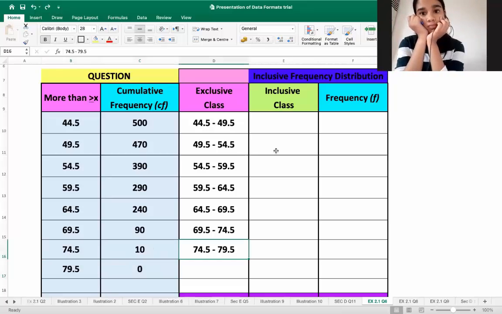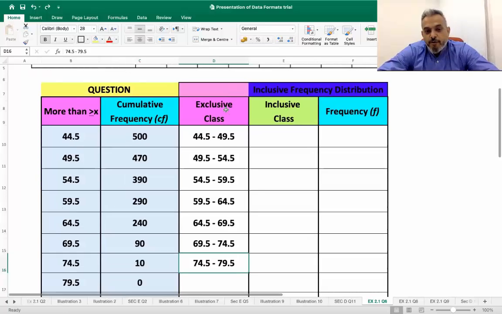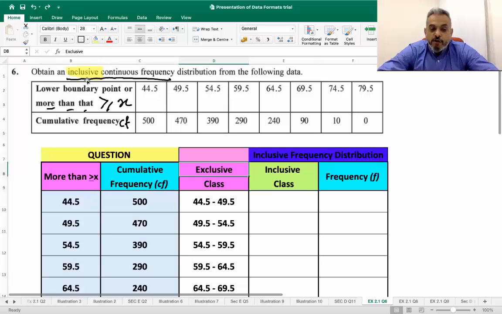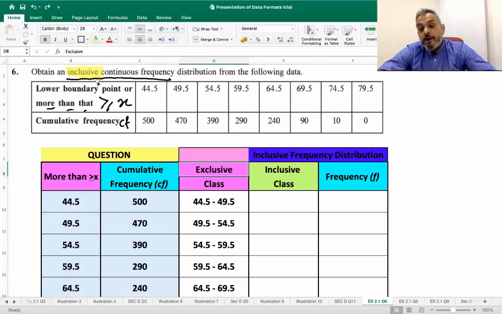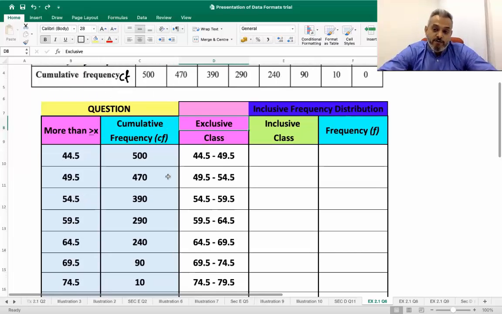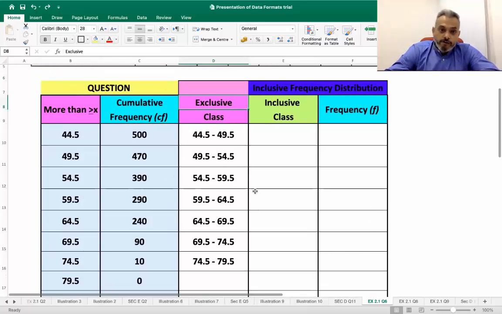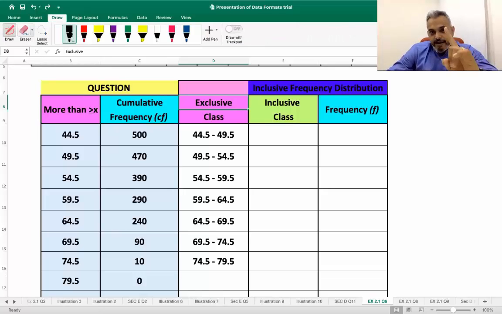Now, here what we have found is exclusive, but the question says you obtain an inclusive frequency distribution. So my dear students, let's take one of the classes and do it. Once we do one, the rest will follow. So 44.5